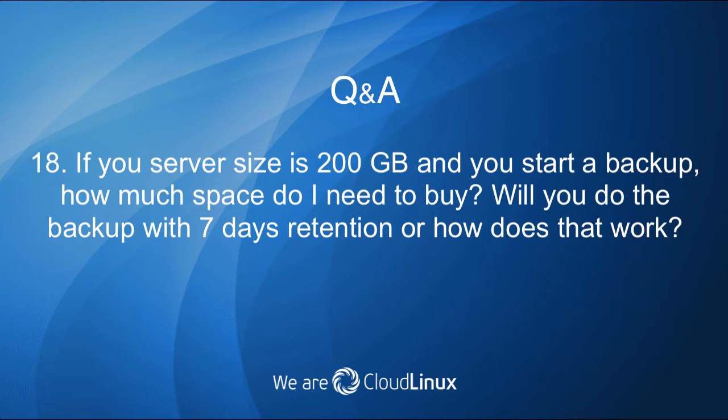If your server size is 200 gigabytes and you start backup, how much space do I need to buy? Will your backup have 7 days retention, or how does that work? Yes, so we do backup with 7 days retention. In terms of the space we recommend to purchase, the amount of required space is determined by the